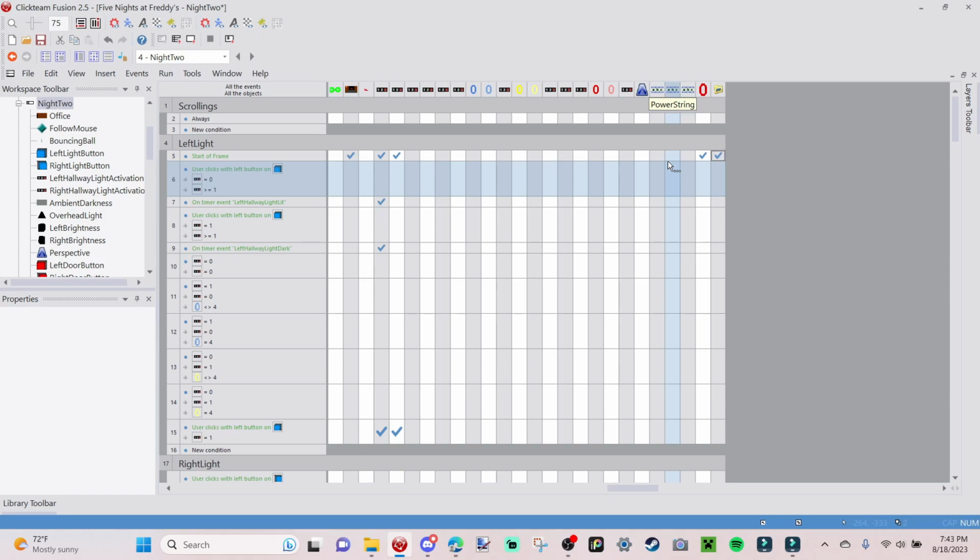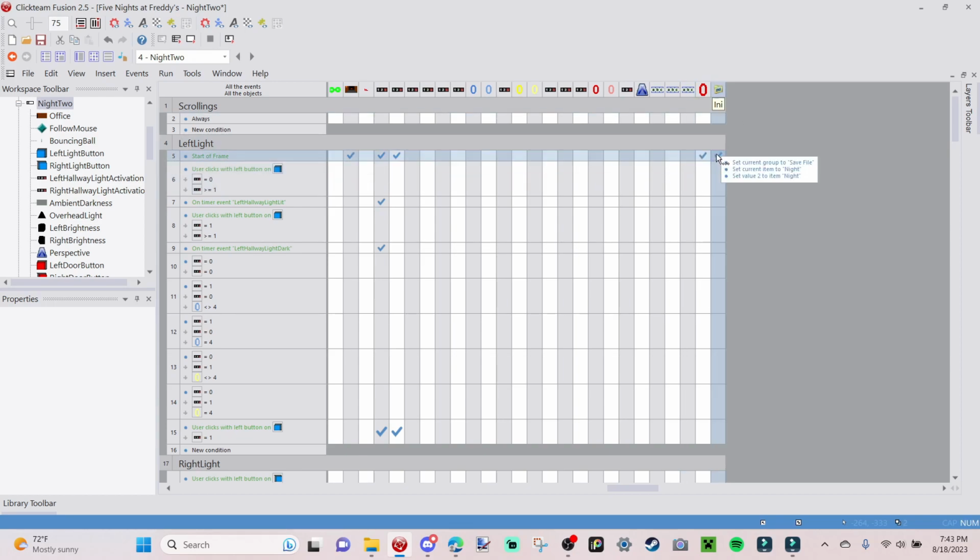Like I said before, very straightforward. It can get a little confusing. All you have to know is to do the INI stuff first and then the counter second, or else it's not going to work. But if you're following along and doing exactly what I'm doing, it should work